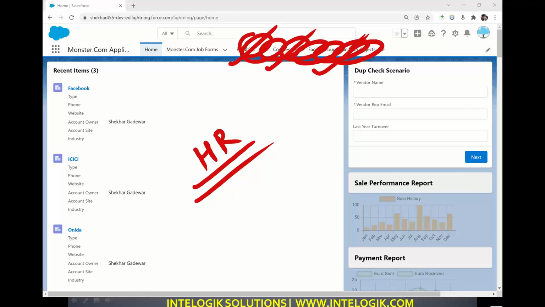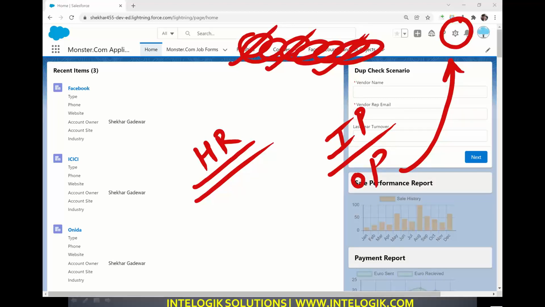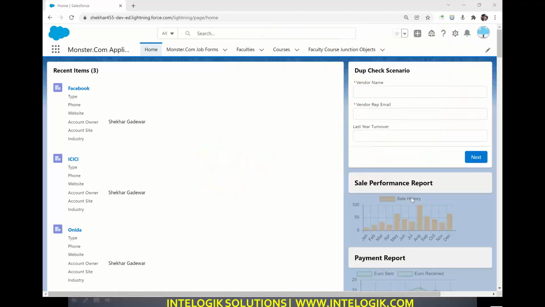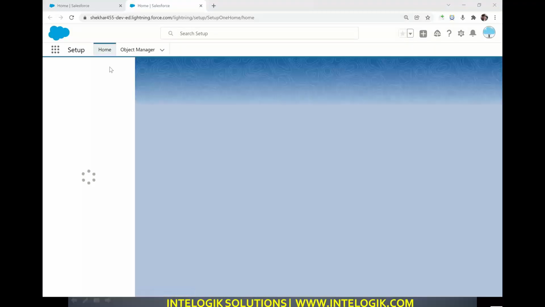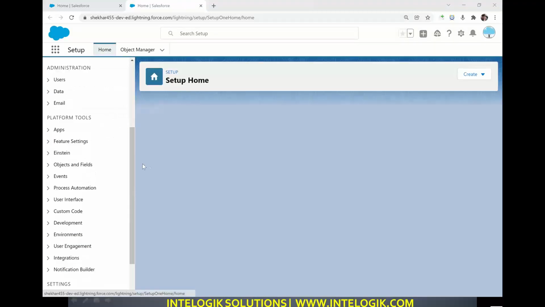Because I told you that it is not about business data, it's about the employees' hierarchy. So we will be doing all the settings, we will do input and we will see output, everything in the setup for this hierarchy relationship, because it's not about business, it's about internal company structure. So let me show you how. Go to setup, let me show you how we can do this design.